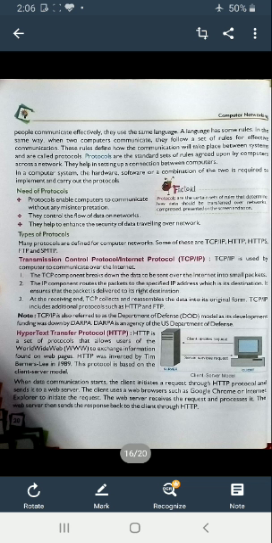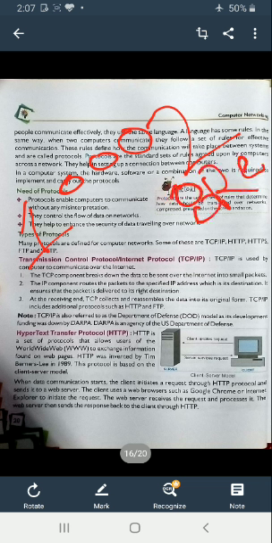So in TCP the whole data is converted into small packets, and these small packets reach the right destination, and at the receiving end TCP collects them. So when data is transferred from computer 1 to computer 2 in TCP, the whole data is not transferred in one go. The whole data is transferred in small packets, and at the receiving end, all the small packets are arranged back into the full data.